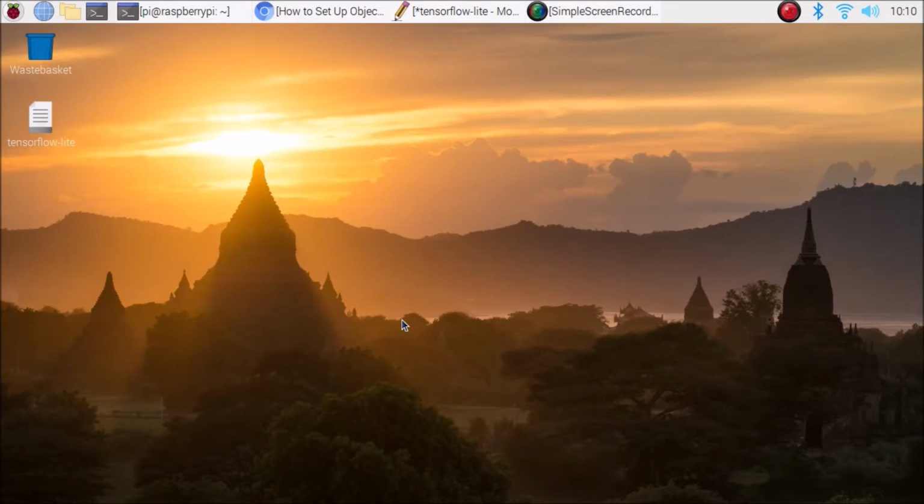In this session we are going to install TensorFlow Lite on Raspberry Pi 4 for object detection. We are going to use a Raspberry Pi 4 camera module for object detection with the help of TensorFlow